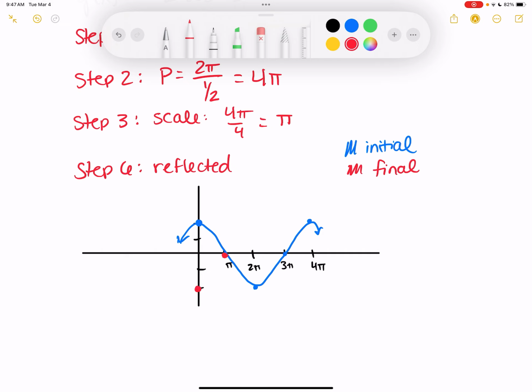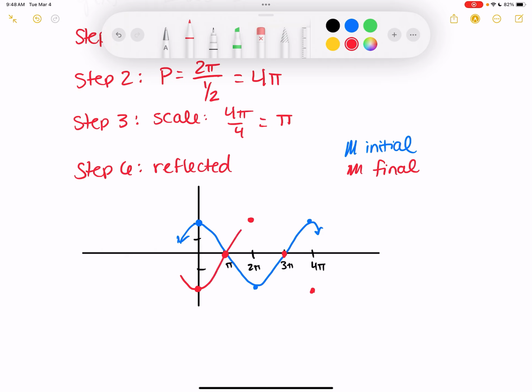This point that was down here at -2 is now at +2. This point that was at 0 stays there. This point that was at +2 is now at -2. Now, instead of it going down first, it's going up. So, I come in here,